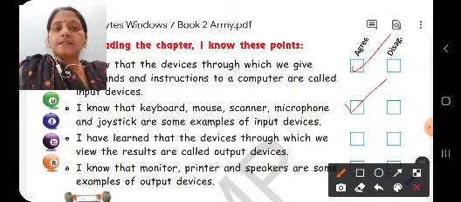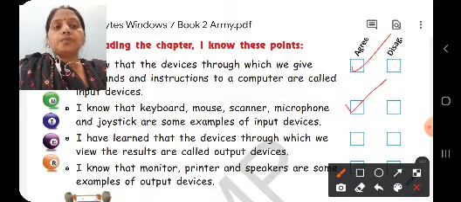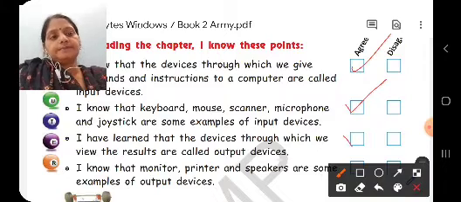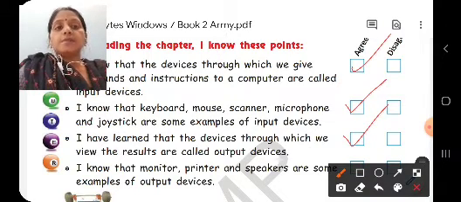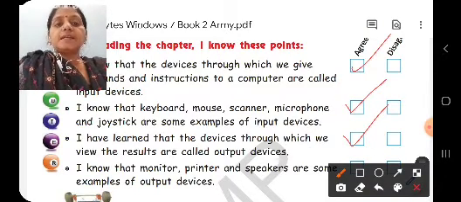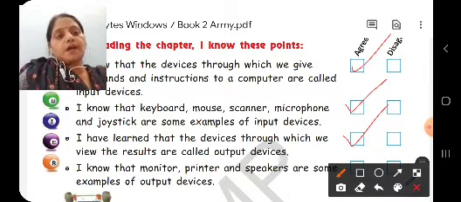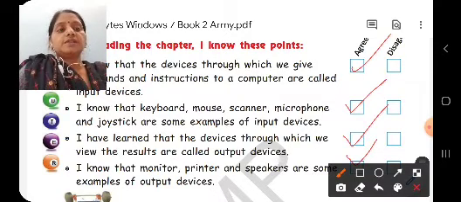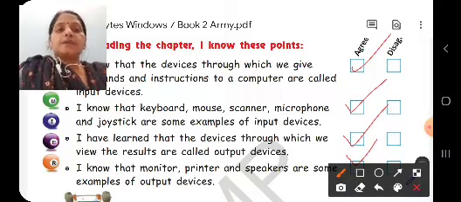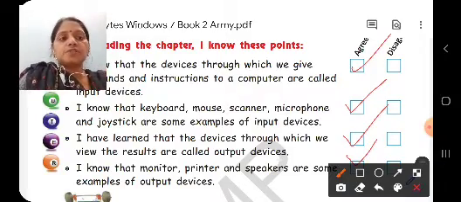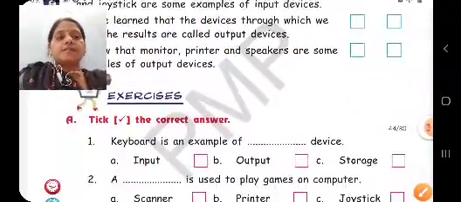I have learnt that devices through which we view the result are called output devices. I know that monitor, printer, speaker are some examples of output devices. So children, with this we have completed self-evaluation also. Let us start our book exercise.